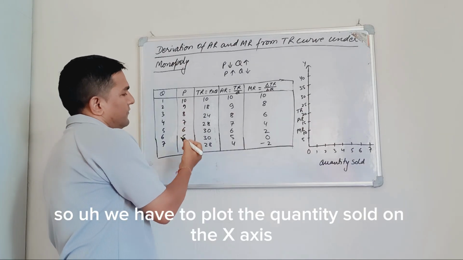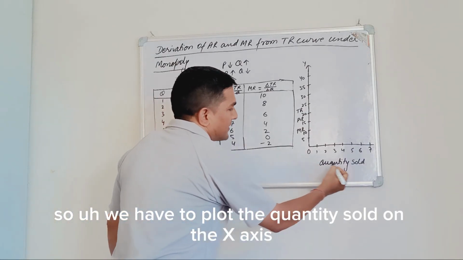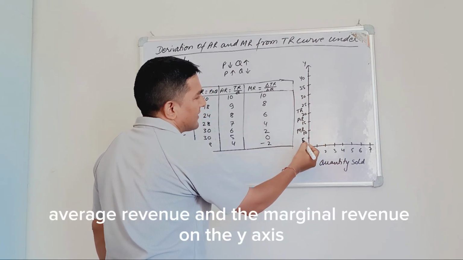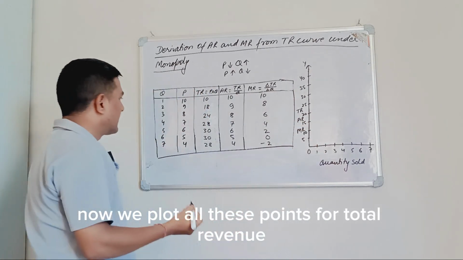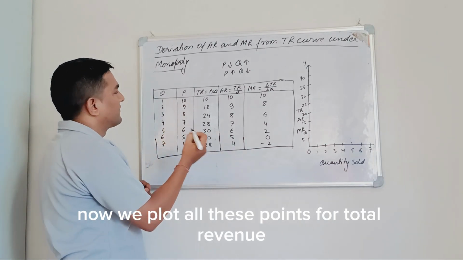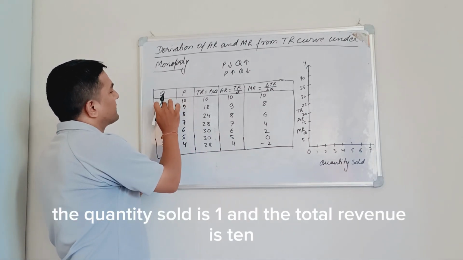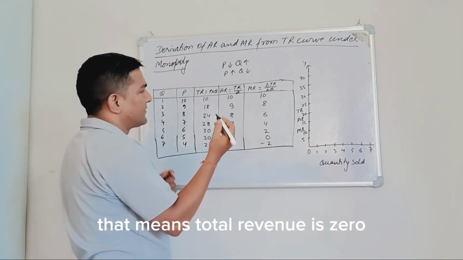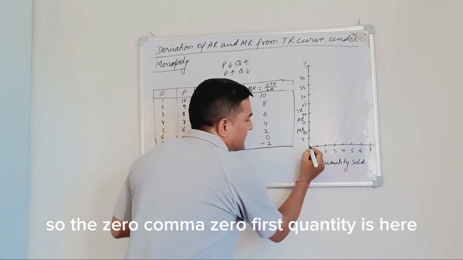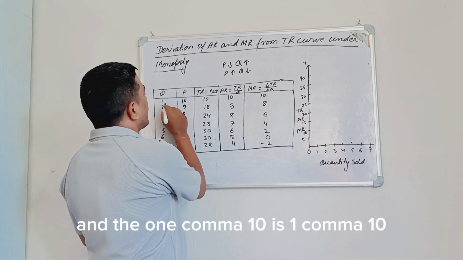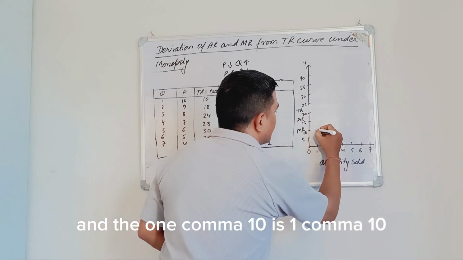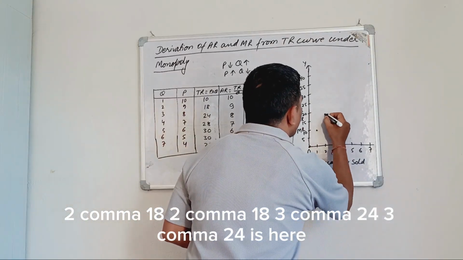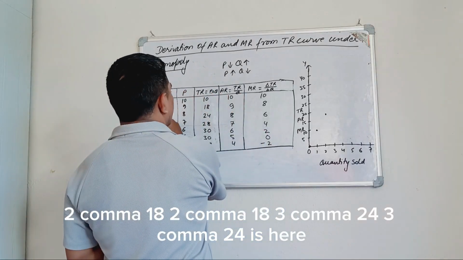So we have to plot the quantity sold on the x-axis and the total revenue, average revenue, and the marginal revenue on the y-axis. Now we plot all these points for total revenue. First, here the quantity sold is 1 and the total revenue is 10. And when there is no quantity sold, that means total revenue is 0. So the 0, 0 first point is here, and the 1, 10, 2, 18,